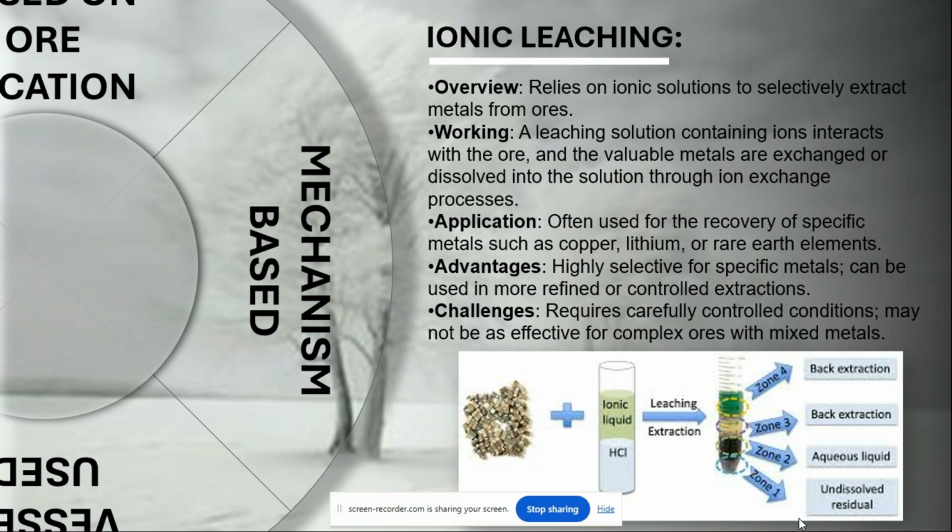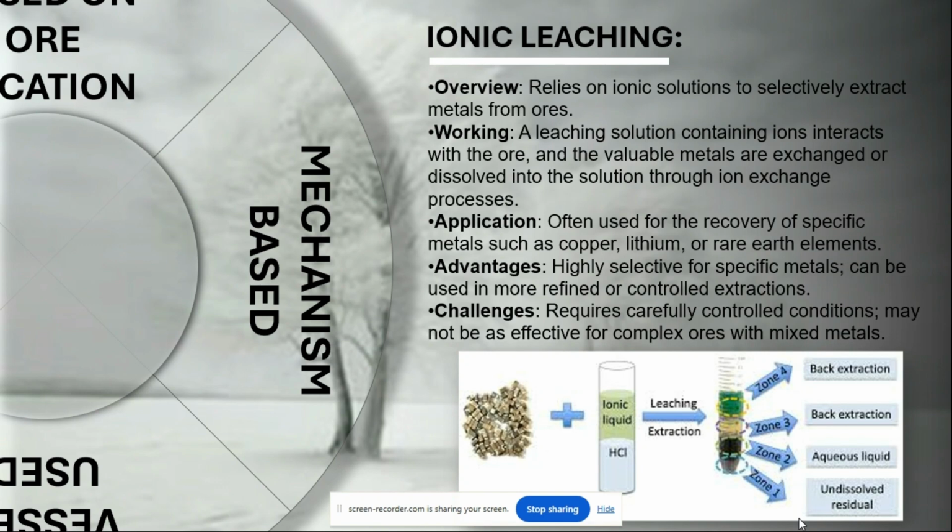HCl is used as a solvent agent and ionic liquid is placed on top of it. When leaching is done, you get four zones. Different metals are obtained at two zones of back extraction. Ionic liquid is obtained at the bottom and the undissolved residuals that are left of the ore are obtained at